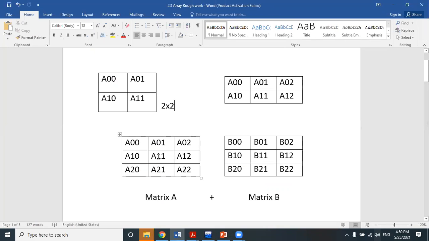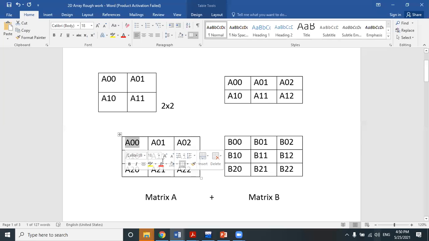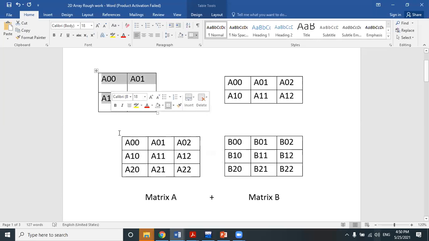But you have to understand this logic very carefully, this general representation of an array. Only then are you able to do any kind of two-dimensional array program. Otherwise, it is very difficult for you, right?